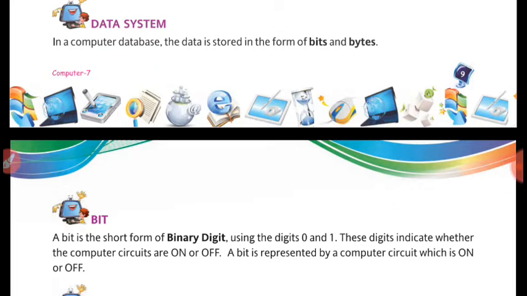So here, data system. What is data system? Data system is a way to represent the data. In this kind of structure, our data is stored into the computer system. You know one thing, our computer system only understands the binary language, that is 0 and 1. But there is a different structure to store a different kind of data, right?